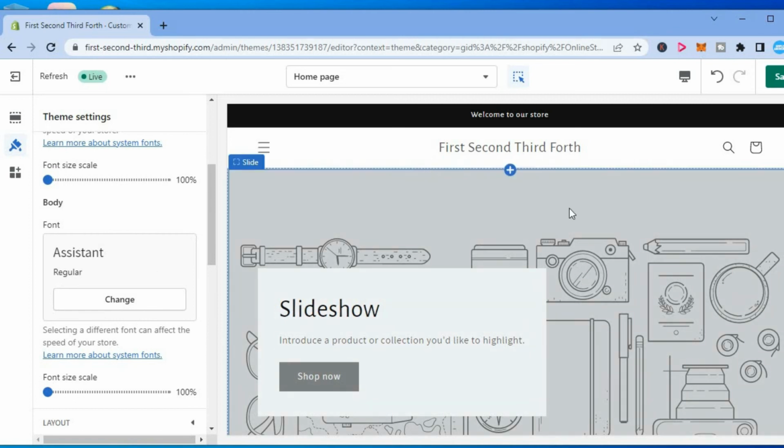Once you have made the changes, you can simply tap on save in the top right hand corner, and that's